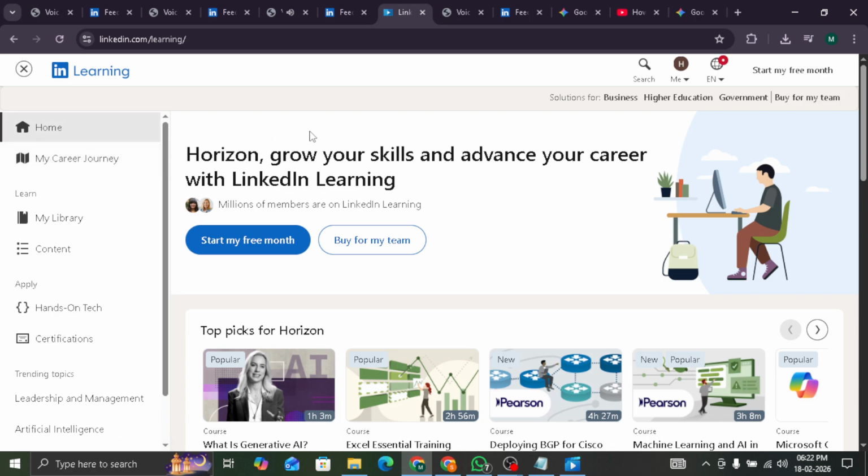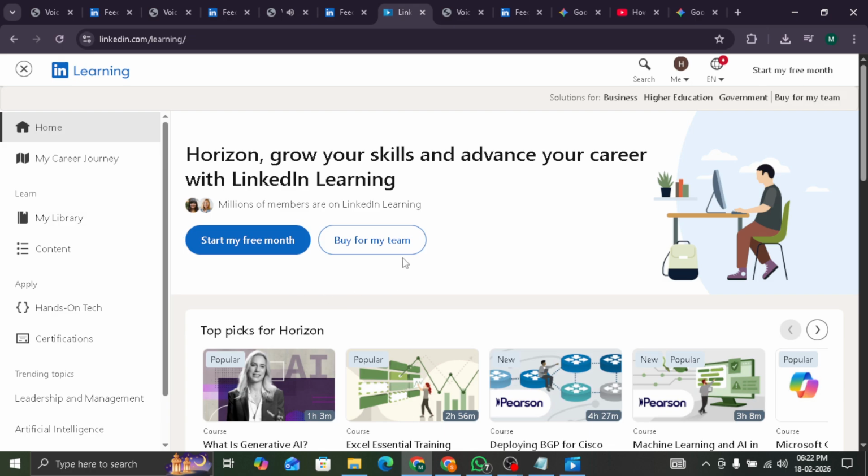Now it's time to enter your credentials. You do this by filling in your LinkedIn account email and password. If you're not already a member of LinkedIn, don't worry. You can select the Join Now option to create a new LinkedIn account. Just follow the prompts, and once you've set up your new account, you can log in by repeating the earlier